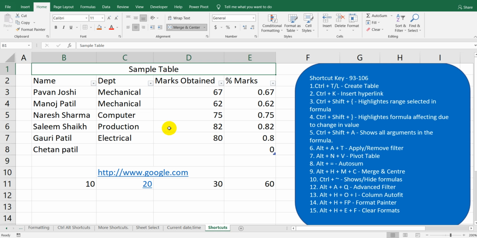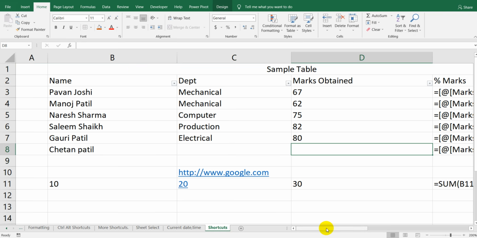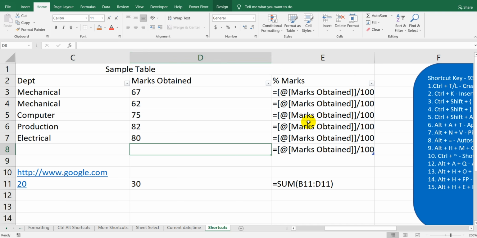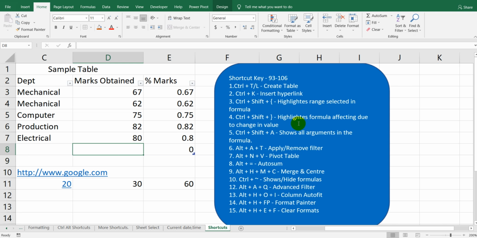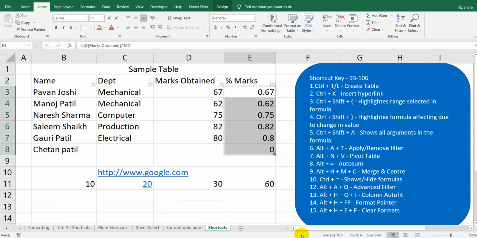Now if you want to show and hide all the formulas in the sheet, then you can use the Control tilde. So Control tilde, you can see whatever formulas are available in this sheet. Again, if you use the same command, that is Control tilde, you can see the formulas are not showing now.